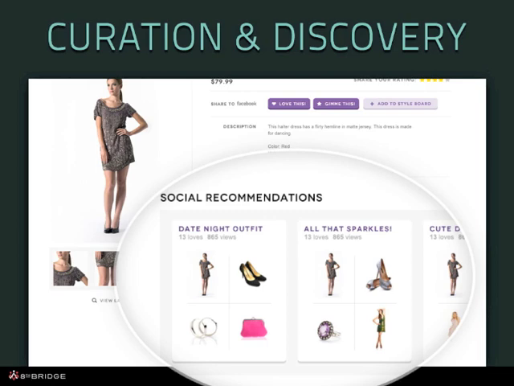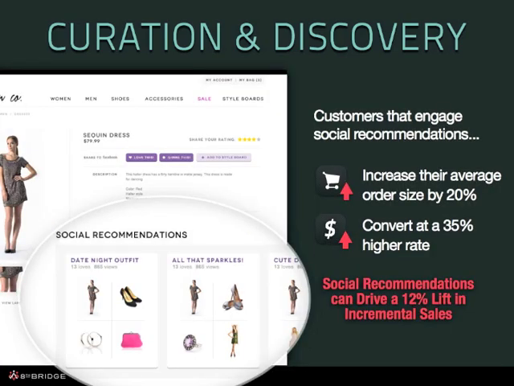These are actually user-generated, and this content's been generated with taste. So I can discover other things that that dress goes with, whether it's an outfit or just a collection of things that kind of go with that item. What that will drive is a massive lift in total sales on the site, because now not just the 5%